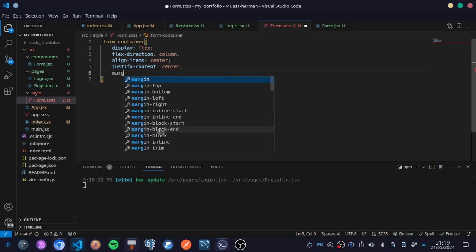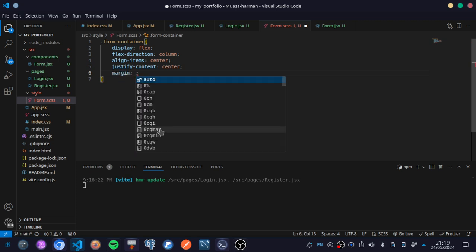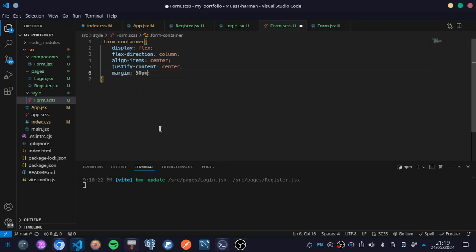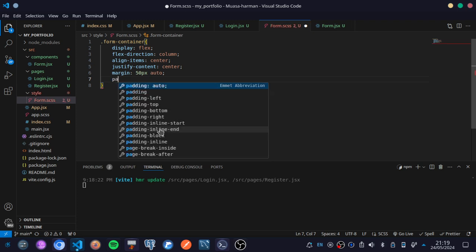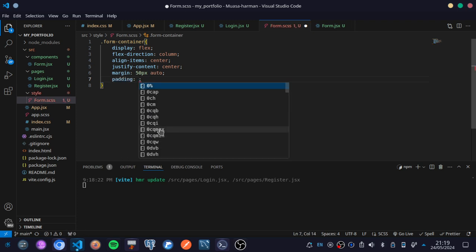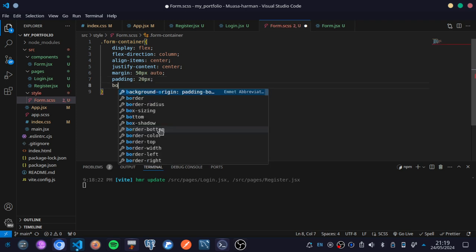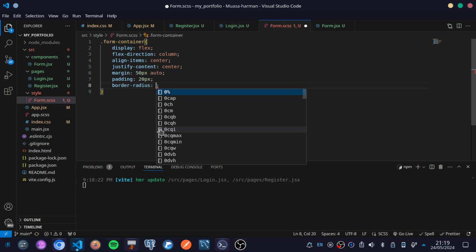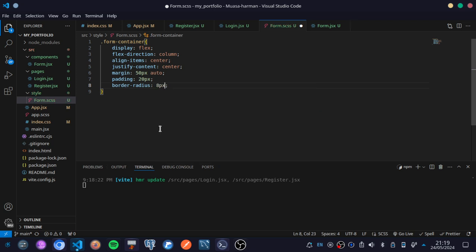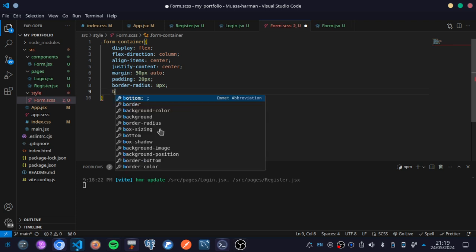Margin, we're going to have a margin of 50 pixels. That is 50 pixel out, according to the size of your screen. So the padding, we're going to have a padding of 20 pixels. Border radius, we don't want it so curvy, so you're going to have it 8 pixels. Then we're going to have a box shadow,